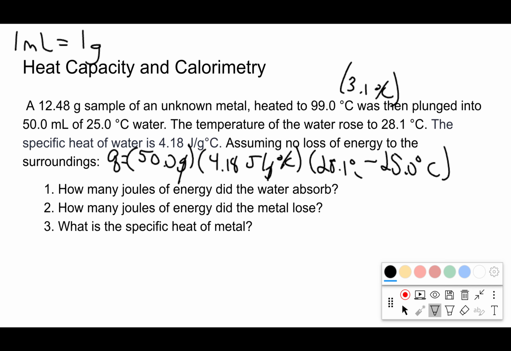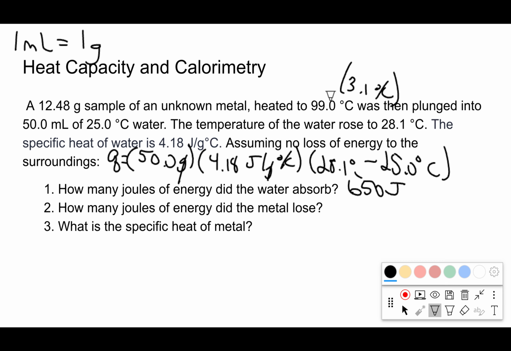Sorry, I couldn't find my 3.1 on my screen. Then it's going to give me 647.9. But I have 2 sig figs, so I need to round that number to 2 sig figs. So my final answer is going to end up being